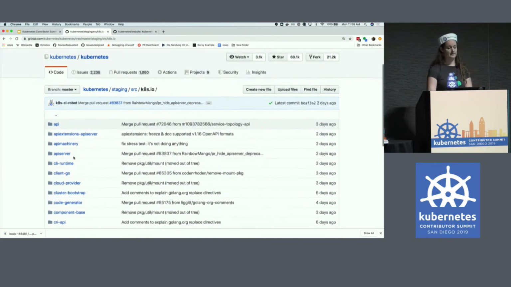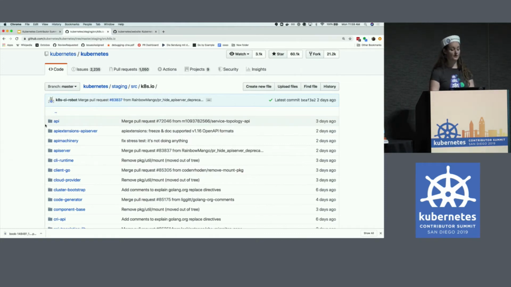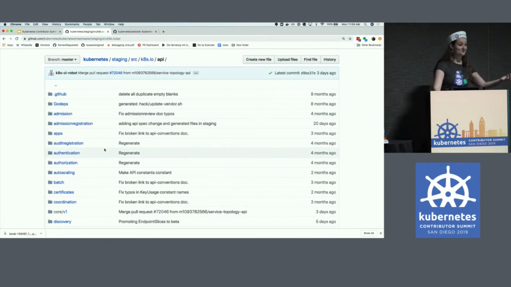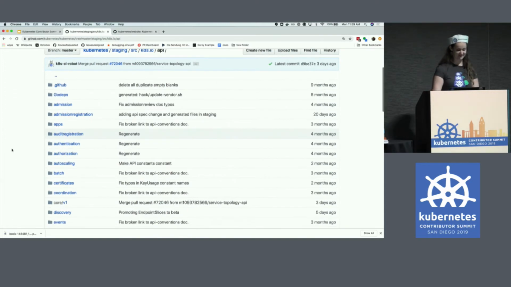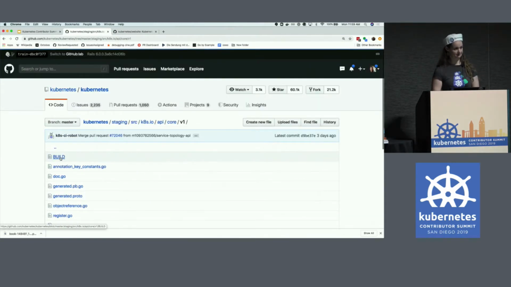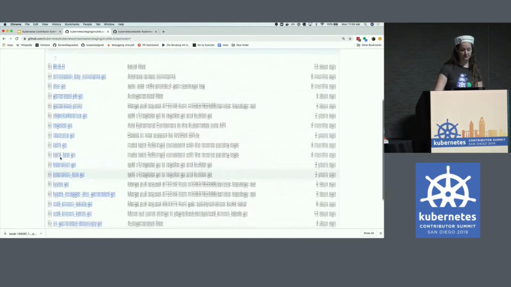Here in k8s.io, in the staging repository, keep in mind we're in the staging right now, the top level folder says API. You got your wish. It all lives in one place now. The former core API has its own place under core/v1. If you poke around in here, you will find